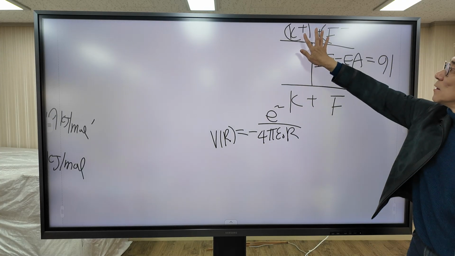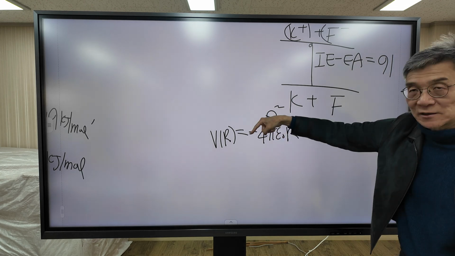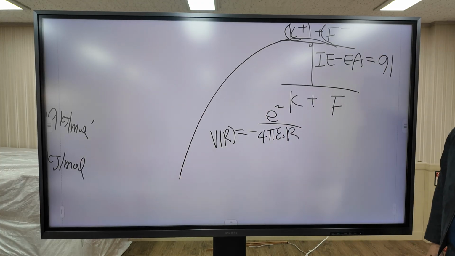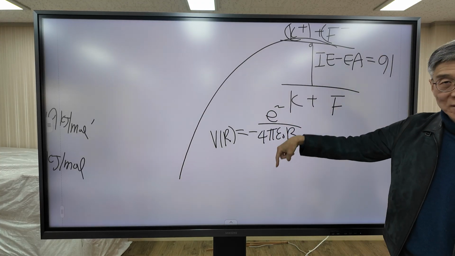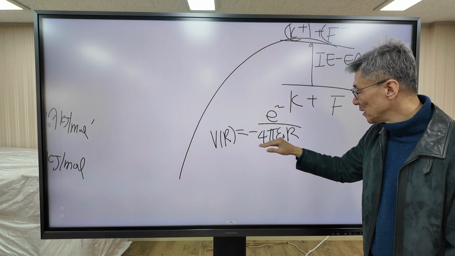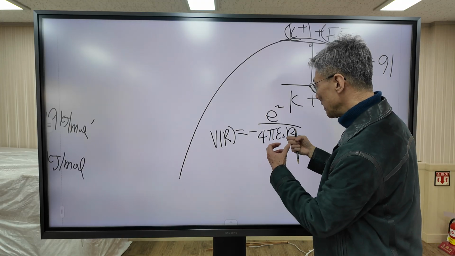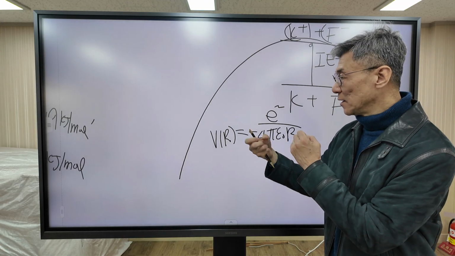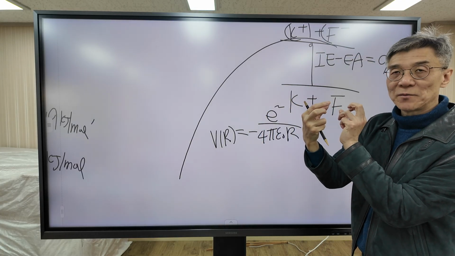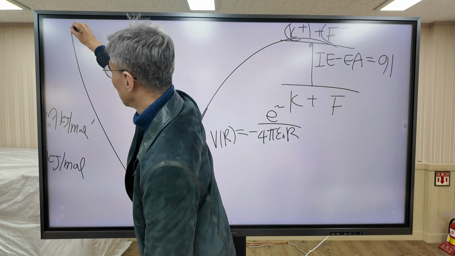When the distance between the 2 ions is smaller, the potential energy decreases. So this potential energy decreases, right, when R gets smaller. This potential energy curve is approximately expressed by this expression. But when R gets smaller, the electron clouds of potassium and fluorine collide. So the repulsion energy increases. So the potential energy looks like this.